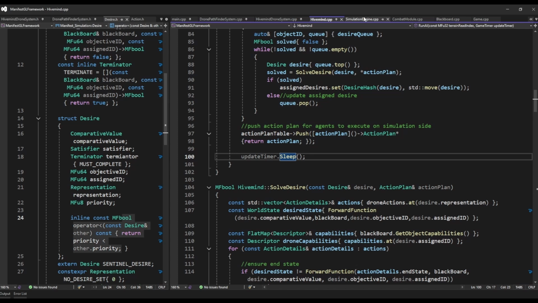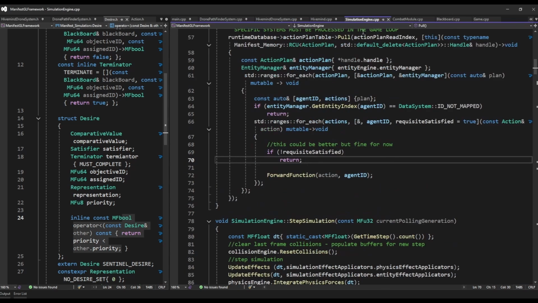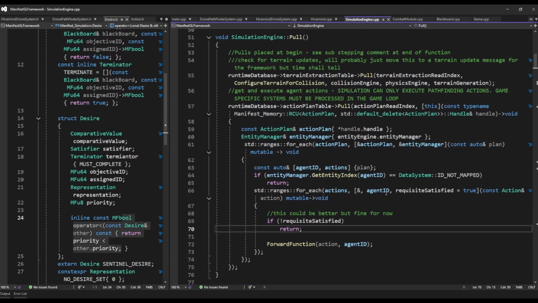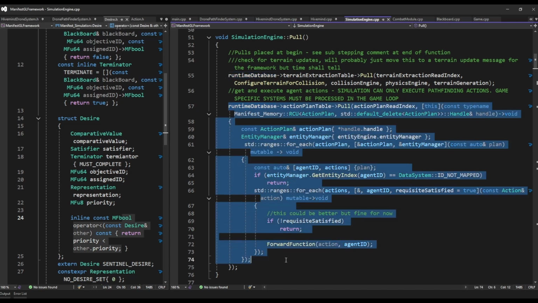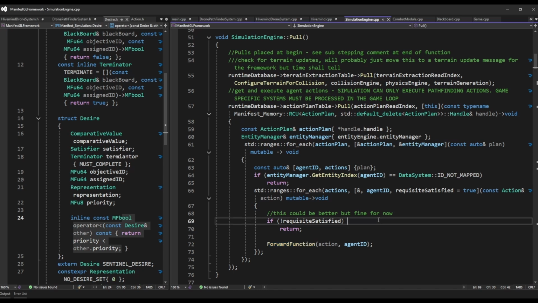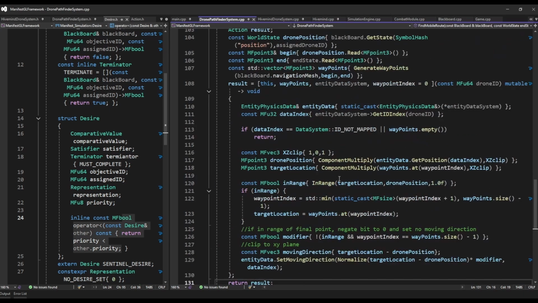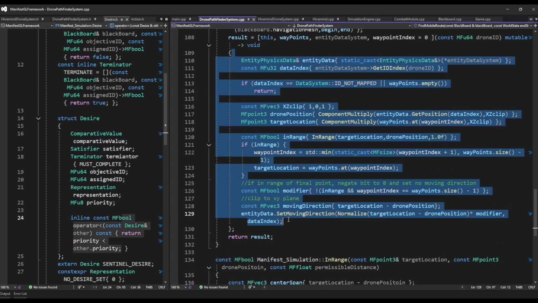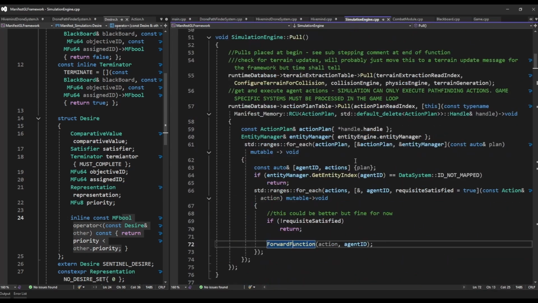Now that we've exhausted all there is to do on the planning thread, we're going to take a quick look here at the simulation thread and see how these actions are executed. It's actually a very simple function since most of the external code gets called during the forward here. However, we make a very simple loop where we pull from the action plan table, read each of the actions, and should we be able to perform the next step in the action sequence, go ahead and attempt to